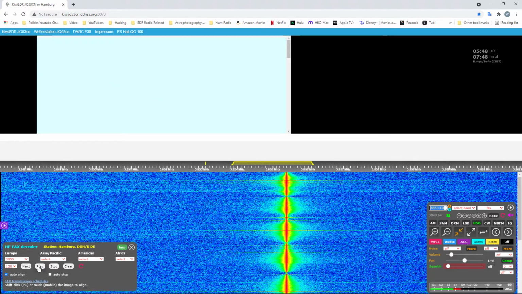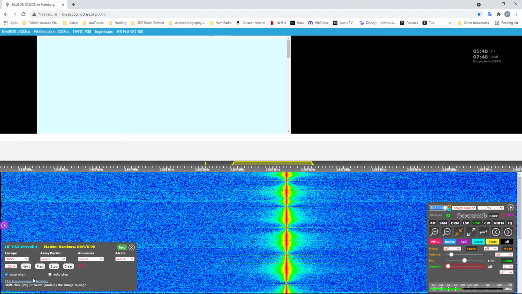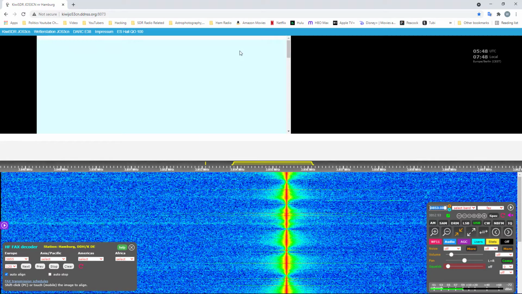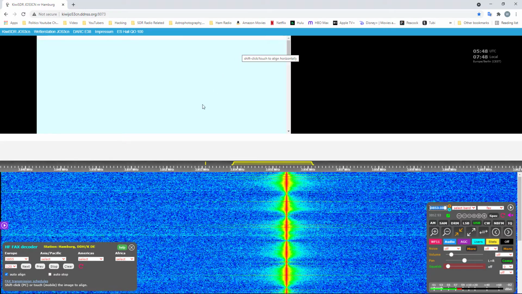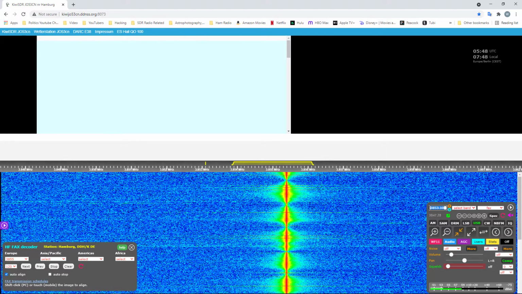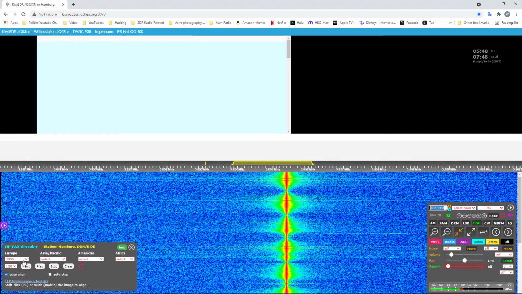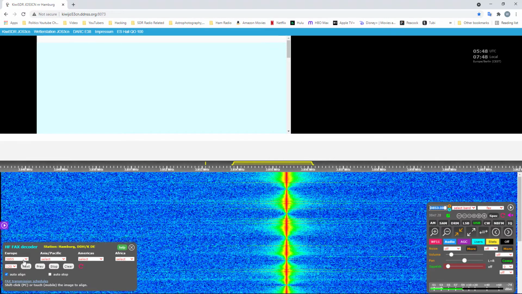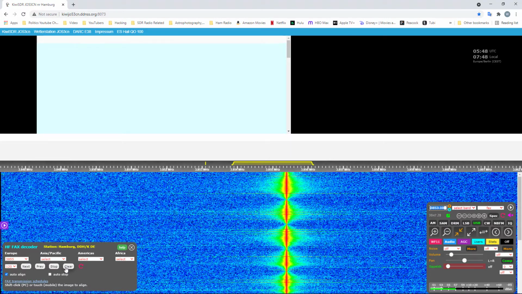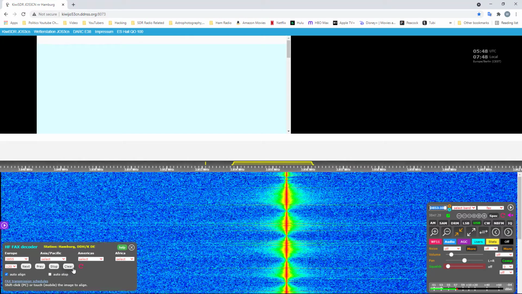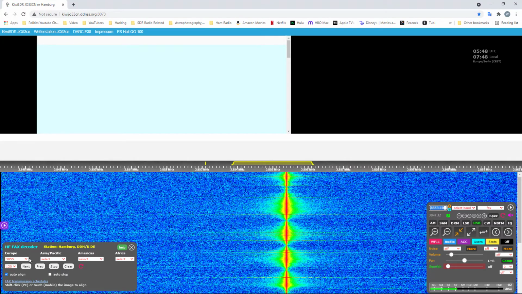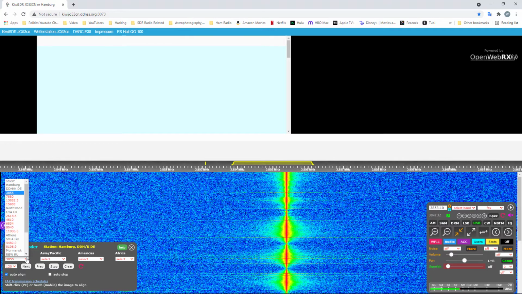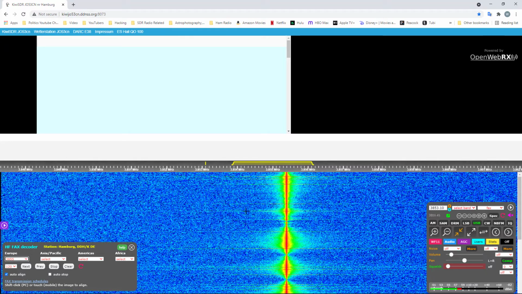Let's see what else. And that's it. I mean, pretty much everything is set up for you, and all you have to do is find the right time, select, make sure you're in the correct country, and just go through the frequencies until you find one that is listed for that time.